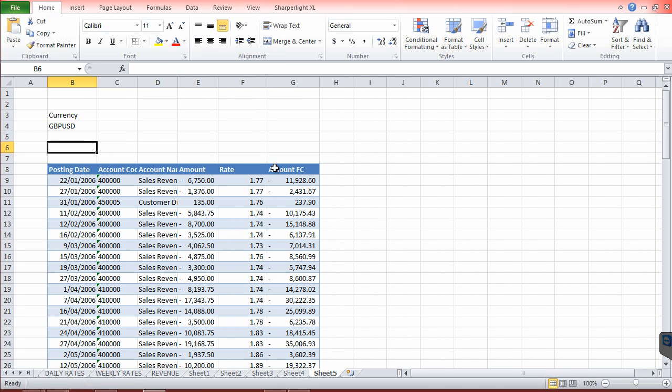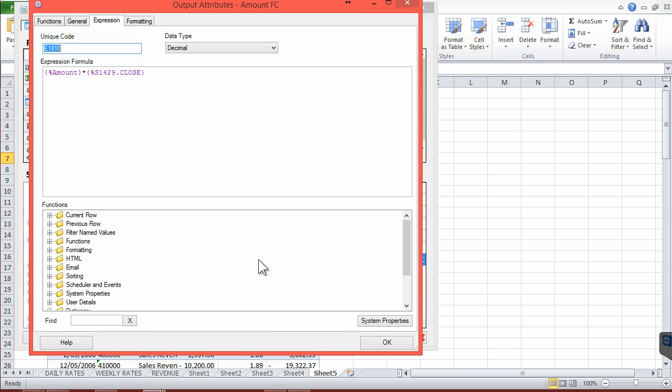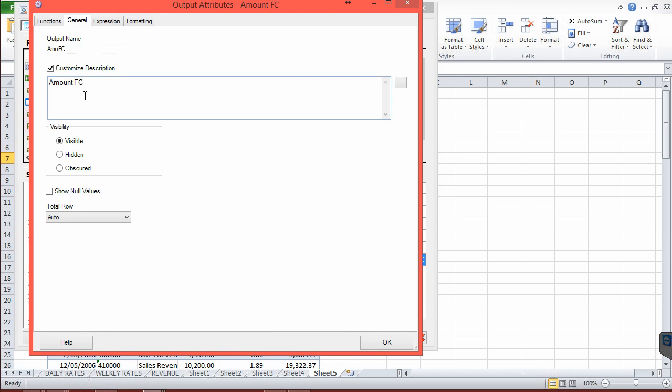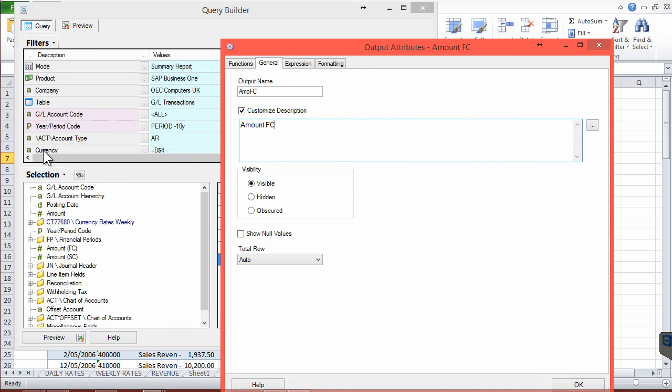Let's just take this report one more step, in that this particular column here, where it says amount foreign currency, really what I want to do is show whatever the filter value for the currency pair is in the actual label itself. So let's go back into that report and look at the label for the amount foreign currency, and if I just double click on that and go to the general tab, you can see here's our description for that particular column. Now what I'd like to do is take that currency filter value and actually display it in here. So let's delete foreign currency, and if we go to the list,